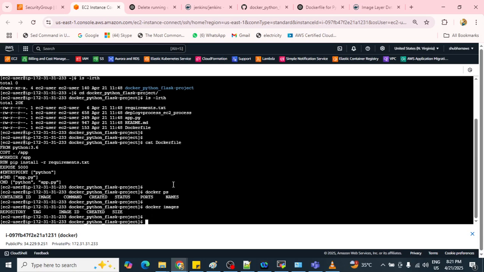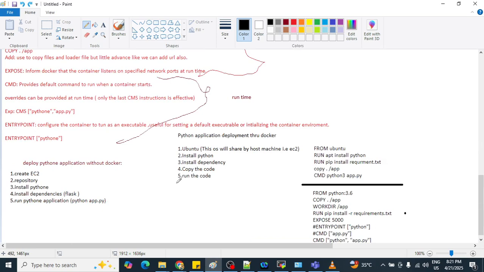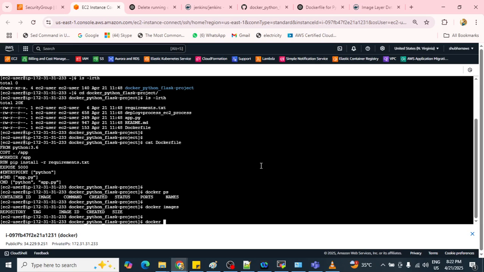So now first of all we need to build it. How are we going to build it? We need to run the command docker build, and after that hyphen t.